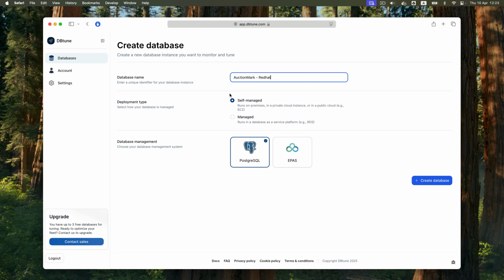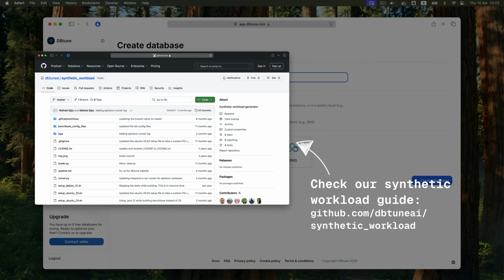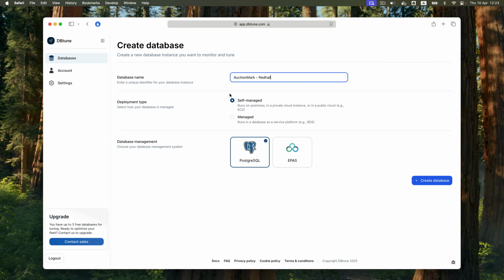If you're just experimenting with DBtune and don't want to test on a production system, check out our synthetic workload guide, which explains how to spin off a synthetic benchmark to tune with DBtune, as we are showing in this demo. It's super simple to use, and the link is in the video description. Just keep in mind, DBtune needs a workload to optimize, so running it on an idle database won't produce any